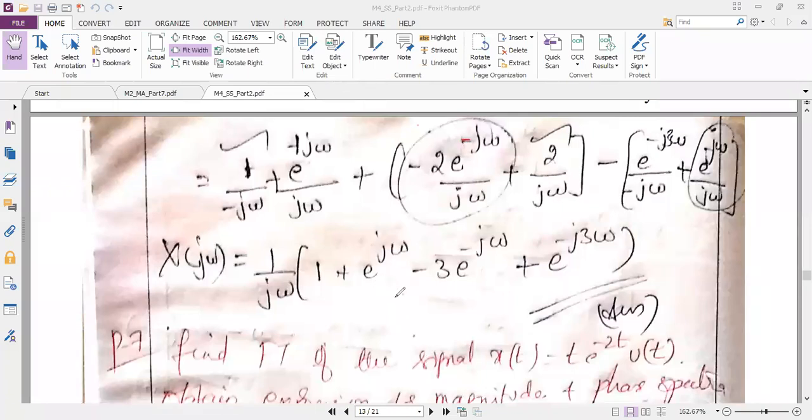Trigonometric function. I thought I can apply, but we cannot apply because here 3 would have been there, we could have done it. Here one term is having 3, one term is not having 3. It's better we will leave. That is the better option. If here 3 would have been there, we would have taken 3 common, then e power plus j theta minus e power minus j theta becomes 2 times j sin omega, like that we would have written. But since that 3 is not common, we don't complicate our answers. We will leave as it is.